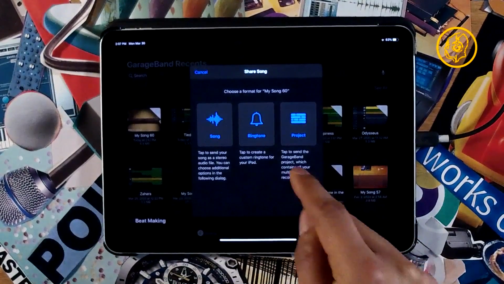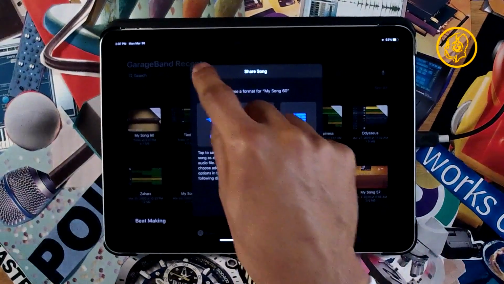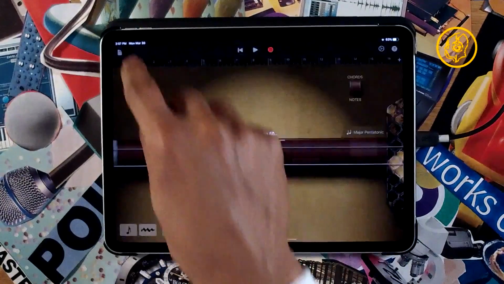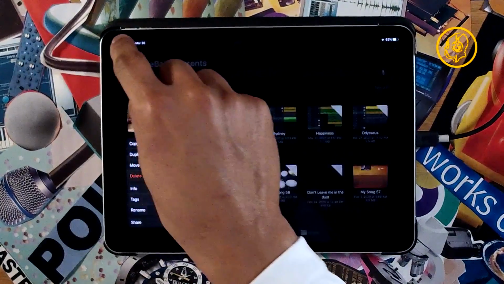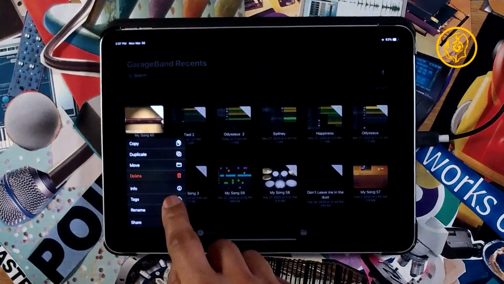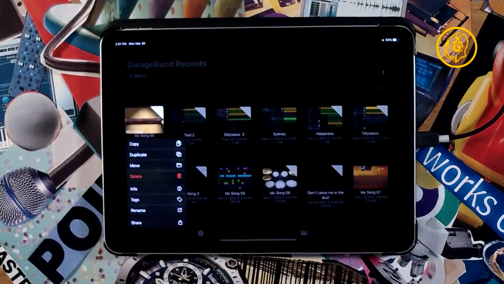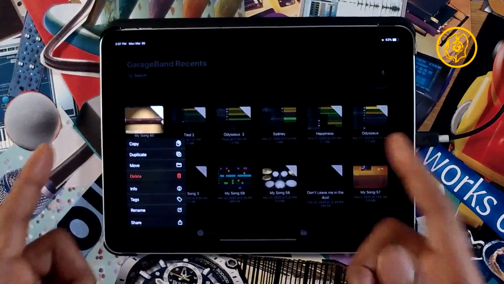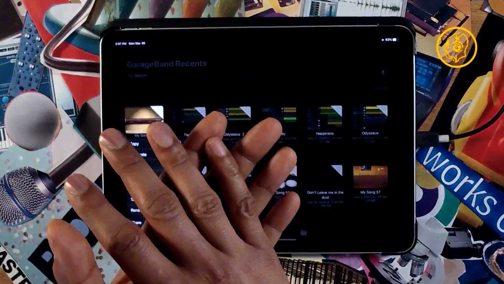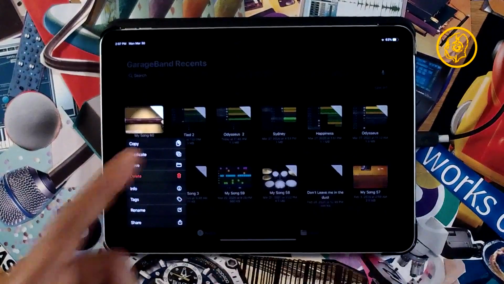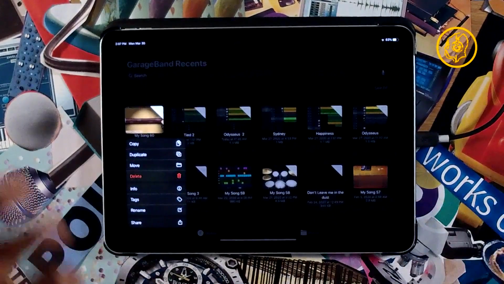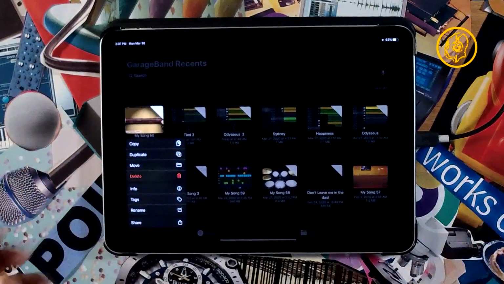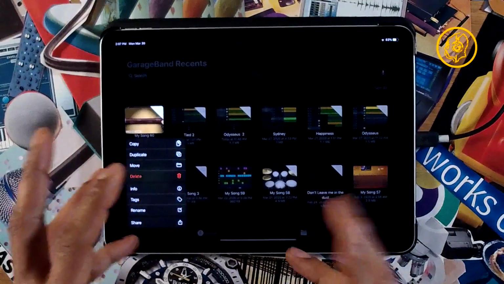So to share the project, you don't go here. You actually, I double clicked instead of clicked and held. You go and you say move. You move that into the Files app, then you compress it, and then you send it off. And then someone could pick it up, decompress it, put it in GarageBand, and start creating all over again.